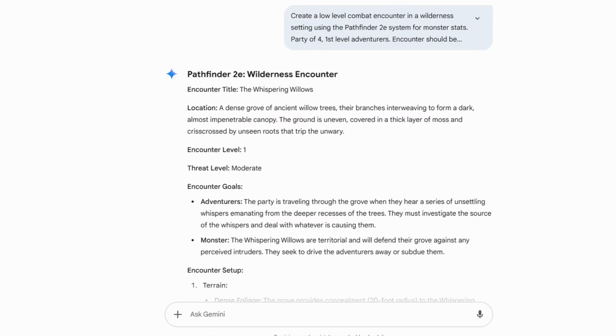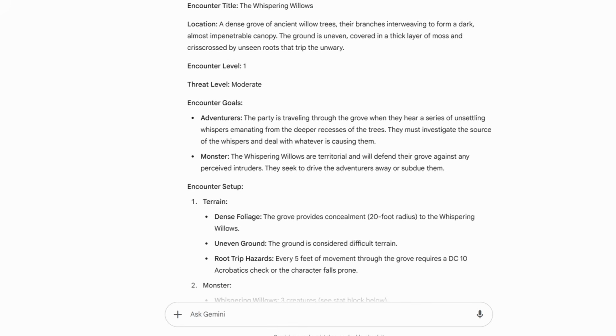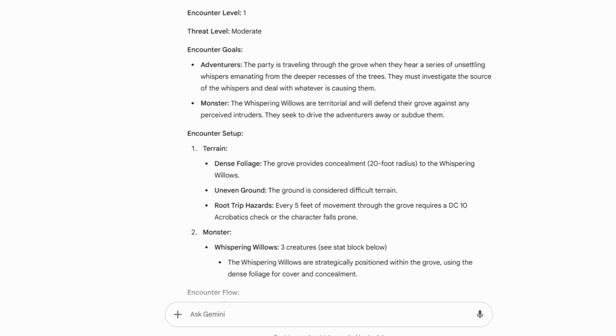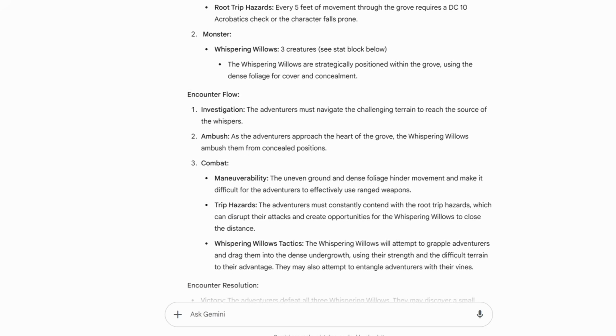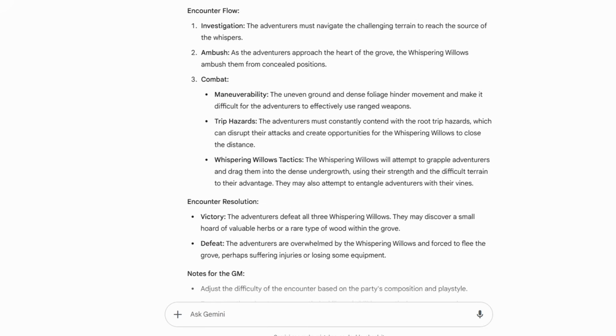Now, I will note that ChatGPT did actually state the XP budget was 80 and used the correct amount of monsters for it. Now, Gemini gave me what I think was probably the most robust of the adventure hooks and steps for running it, which I thought was very interesting. But the monsters were, again, completely made up, which is not a bad thing, but you would have to ensure that they are appropriately statted.